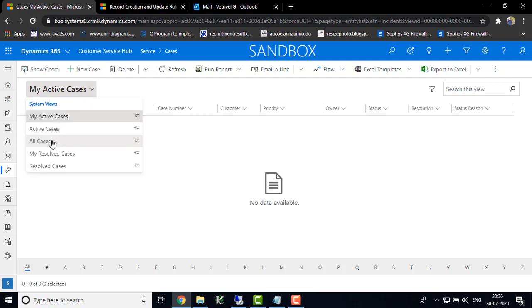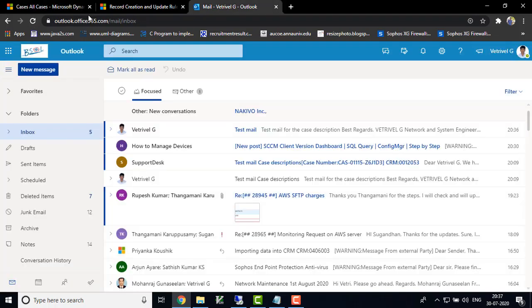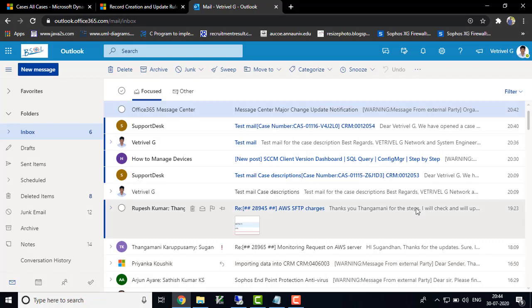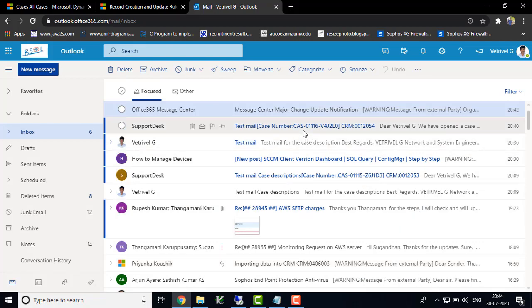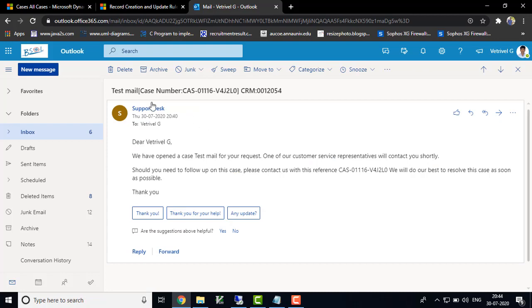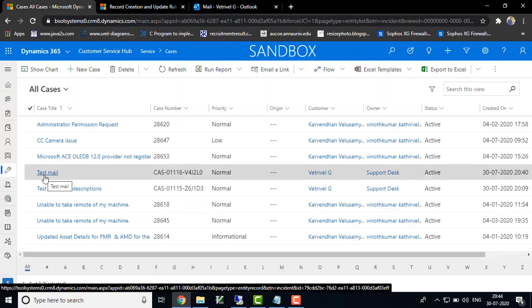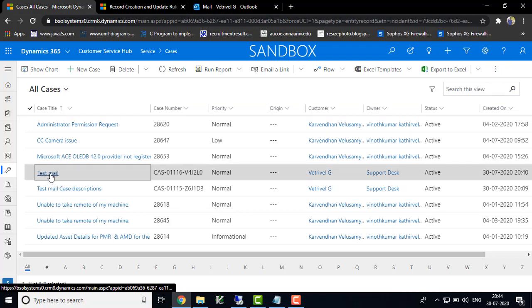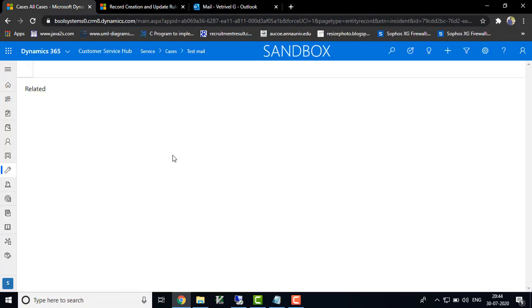Click on the case. Now you can see here I have received the auto response mail. Now we are going to check that this is the mail I sent to the support queue. So I am opening this mail.